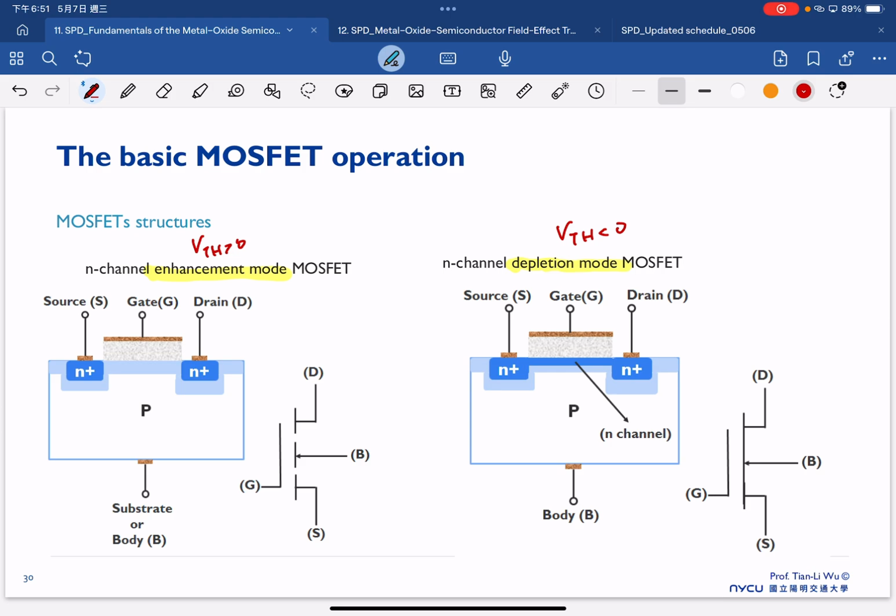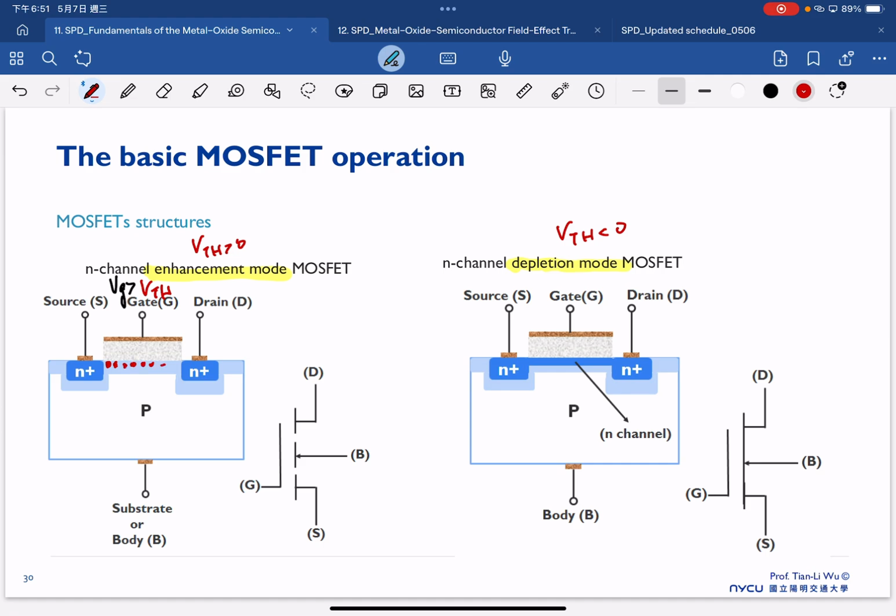So for example, in the enhancement mode device, we have a threshold voltage here. Once we have the VG larger than VTH, we can start to have the electron inversion